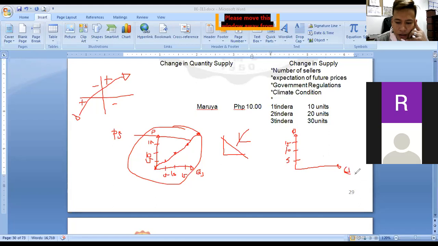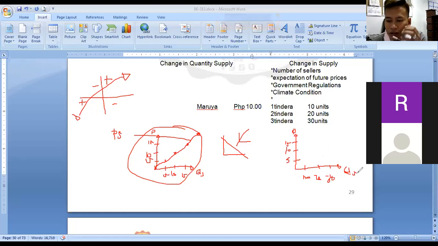Quantity supplied or supply, then we will have 10, 20, 30. So if we draw the curve using this scenario,